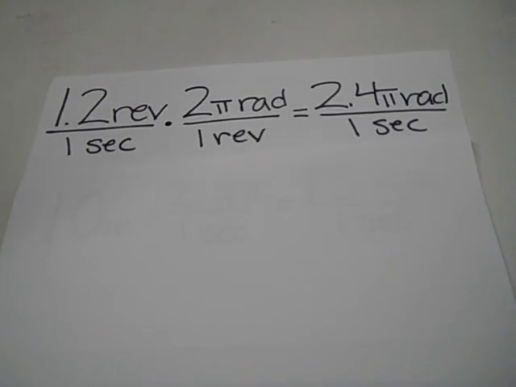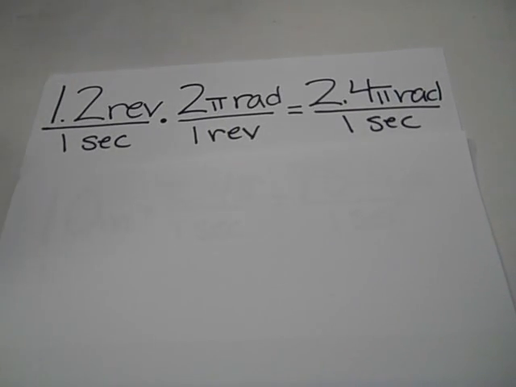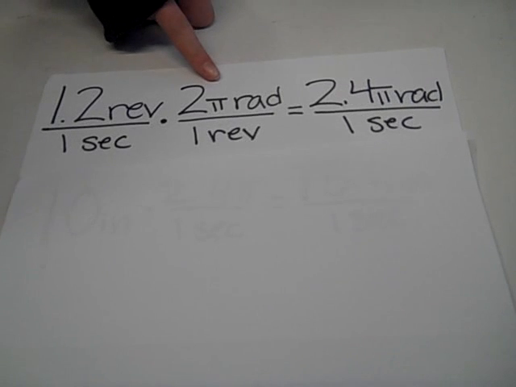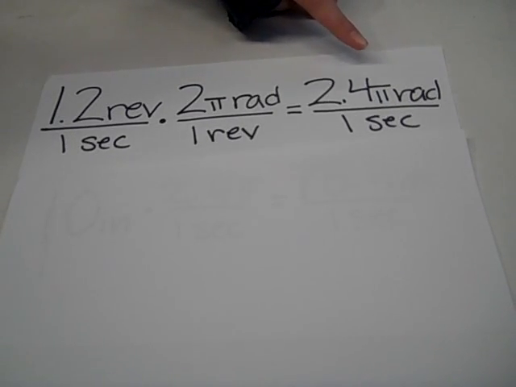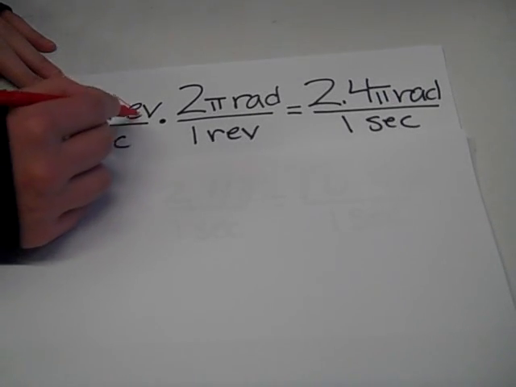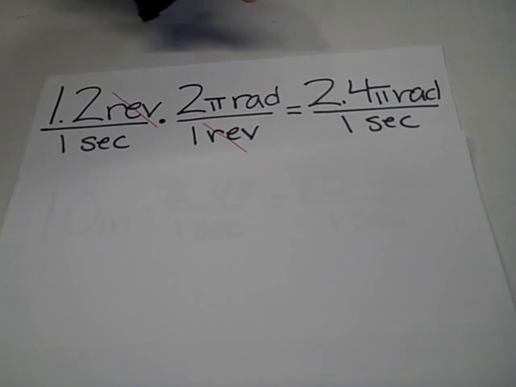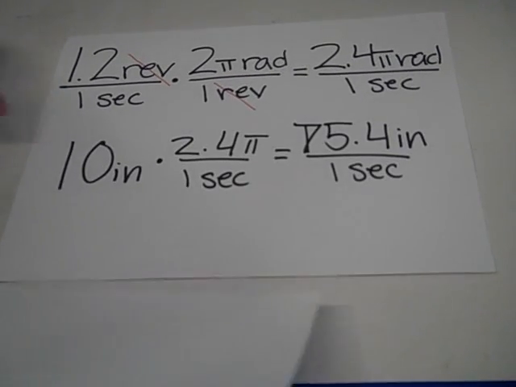For A, multiply 1.2 revolutions per second, the angular velocity, by 2 pi radians per revolution to convert the angular velocity into radians. This will make the unit revolutions cancel out, and we will be left with 2.4 pi radians per second. For B, we refer to the relationship between linear and angular velocity that we explained earlier, and use